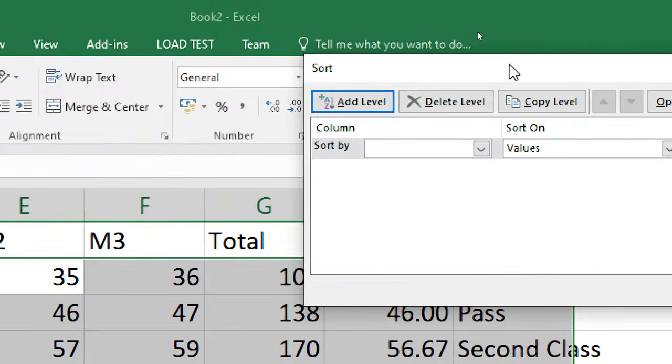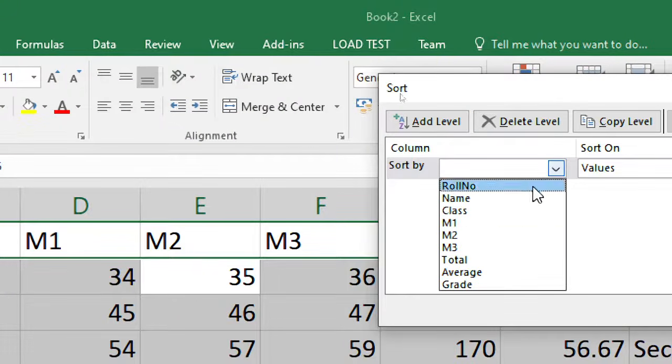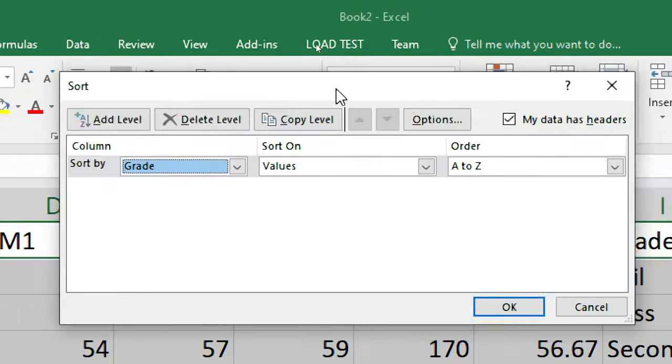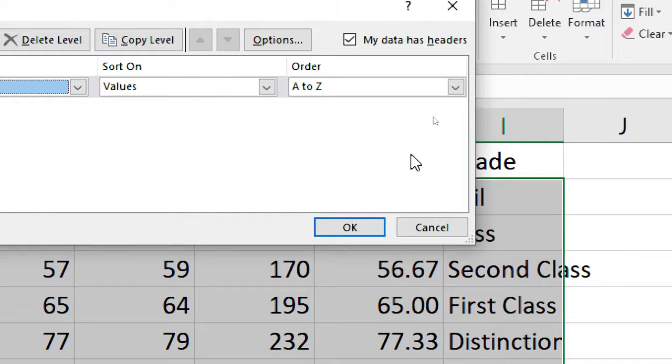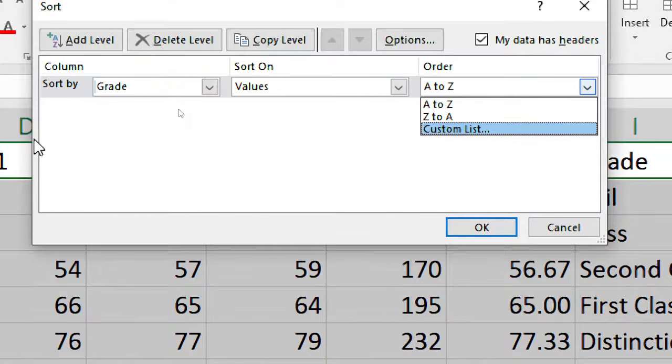Now let's go to the sorting option over here. In the sorting option, I want to sort the grade. So I'll select the grade. I want to sort the grade in the ascending order of this: first class, second class, and so on. Again, in your examination, if you are lucky enough, you won't find that list over here in the custom list. If you are unlucky, you may find that list here, but let's assume that you are unlucky and you